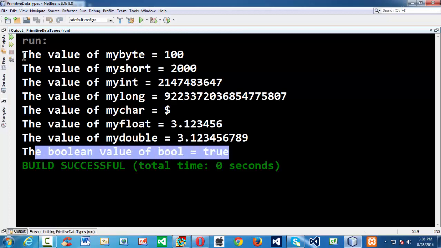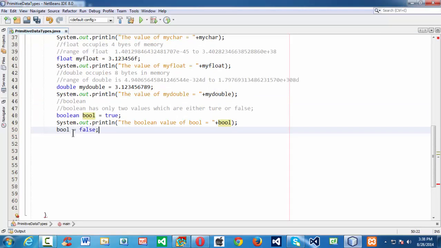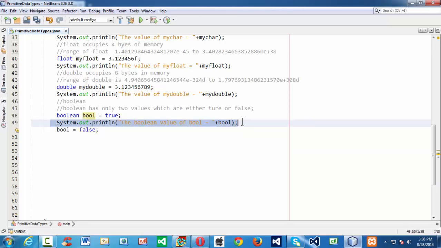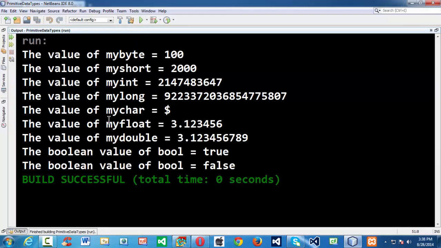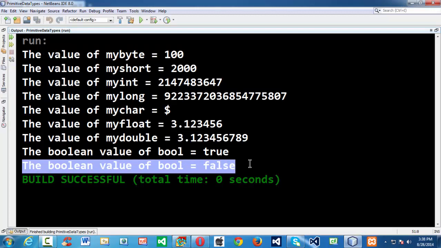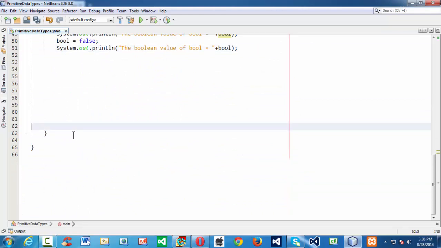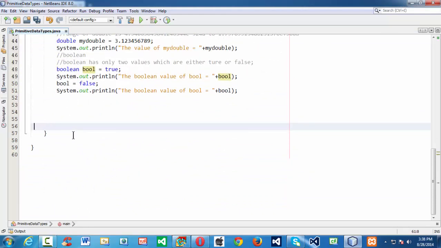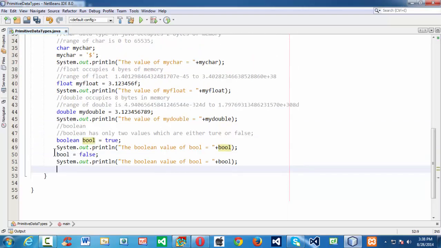Okay, in the same way, you can overwrite that value. You can take the same bool variable and say false, and use the System.out.println statement once again. If you save and run your small program, you get false here. It is not only the case for this boolean primitive data type; for whatever data type, it considers only the most recent value, the most recent instance of the value which is stored inside the data type.